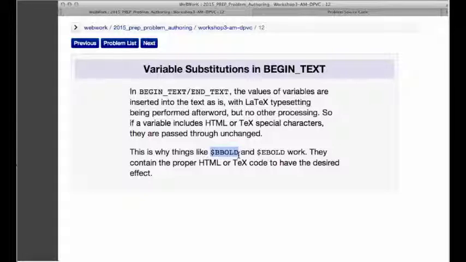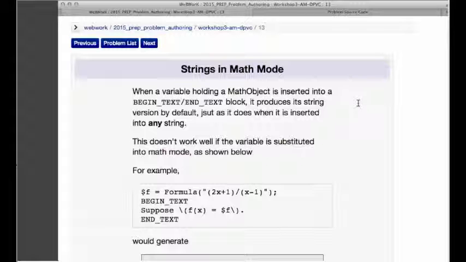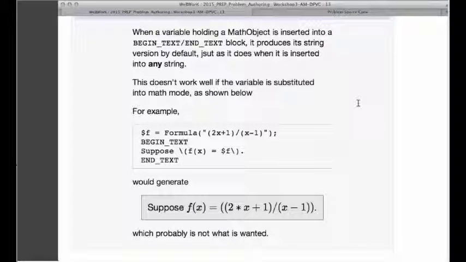So if you had special characters inside of a variable like a % sign or something like that, it would go directly into the output and could potentially screw up the text output if you weren't careful about it. So PGML is much more pleasant about that for you. And that kind of thing works for the stuff like B bold and E bold because they're set up specially for that, but they cause math objects a little bit of trouble. So when a variable holding a math object is inserted into begin text, end text, it produces its string version, its algebra version, what a student would have typed by default, just as it does when it's inserted into any string. And this doesn't work well if the variable is substituted into math mode inside of begin text, end text,